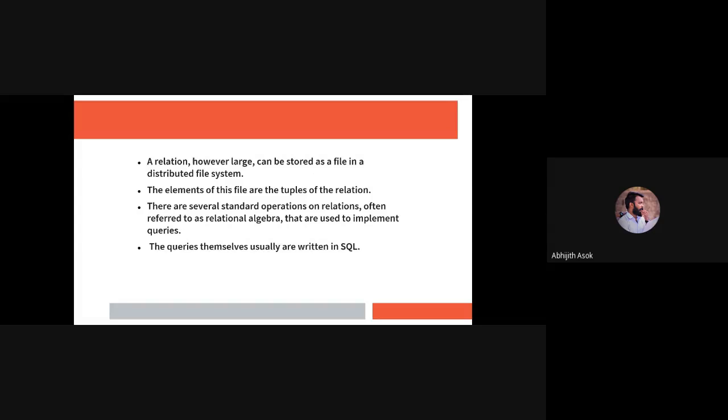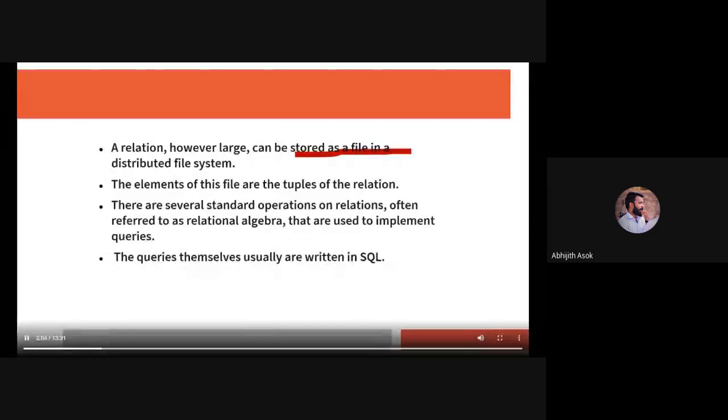A relation can be stored as a file in a distributed file system. In a DBMS, we use tables for storing a relation. In a distributed file system, we use a file for storing the relation. The elements of the file are known as tuples. In the previous case, in the DBMS, the rows are known as tuples, and here the elements of the files are known as tuples. The standard operations refer to those of relational algebra, and the queries are written